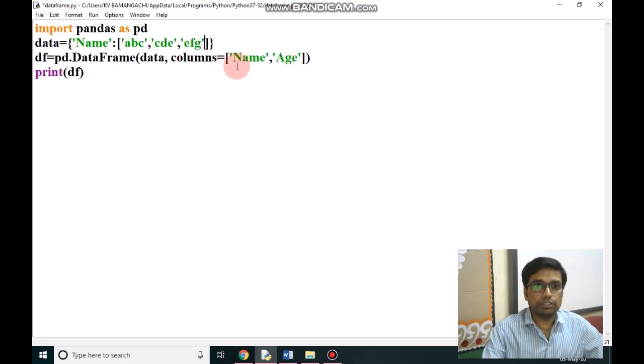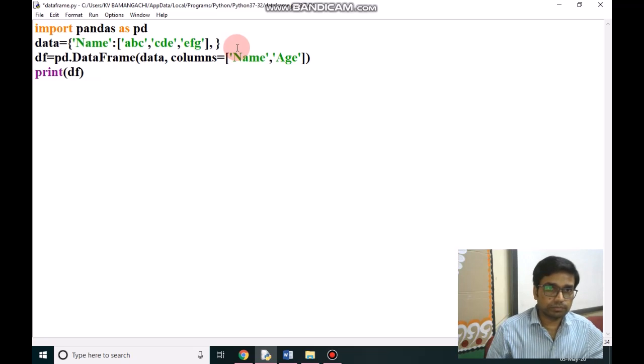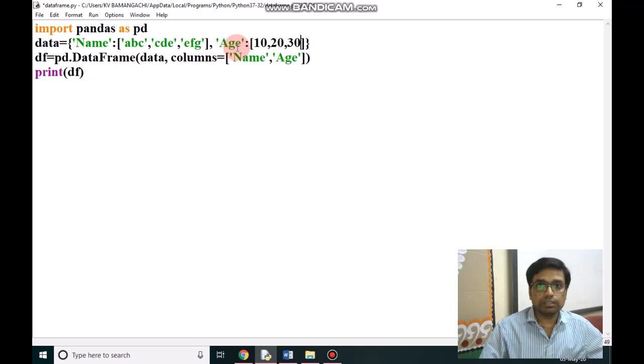As you know, name is a key, and after the colon is the paired value. So in the paired value we have given some names or strings in a list. Second is age. I'm giving here numbers 10, 20, 30.